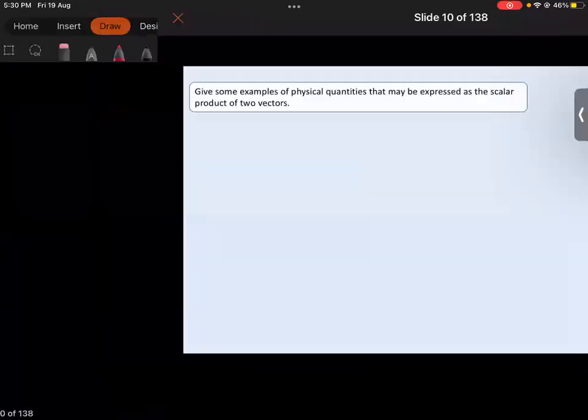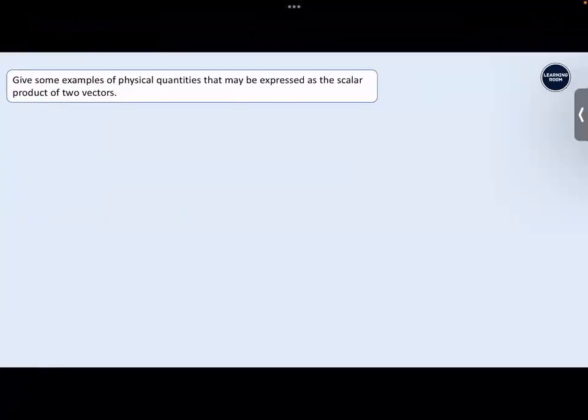Next, give some examples of physical quantities that may be expressed as the scalar product of two vectors. A vector and B vector are generic vectors, but you're going to have applications of the same thing in physics. So when you're talking about physics, you definitely need some physical quantities which can be expressed as the dot product of two other vectors, of which the first one, which is a very famous thing which you learn, is